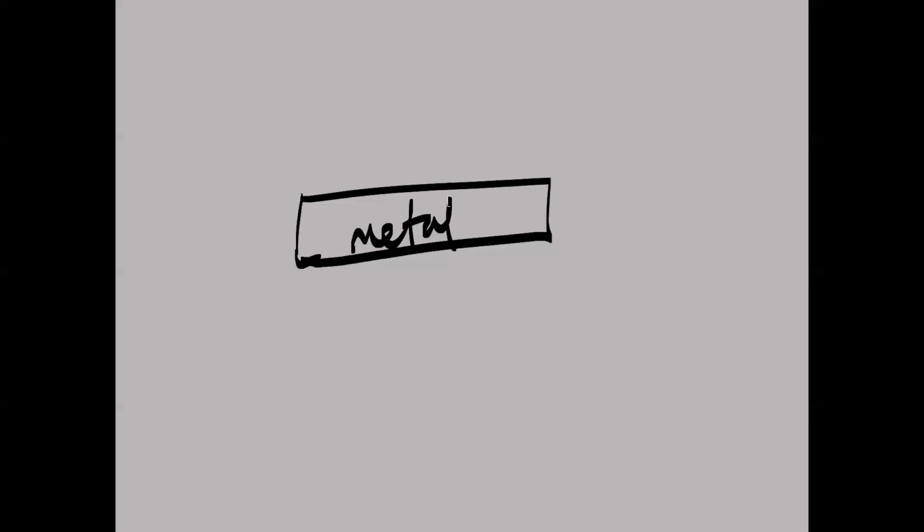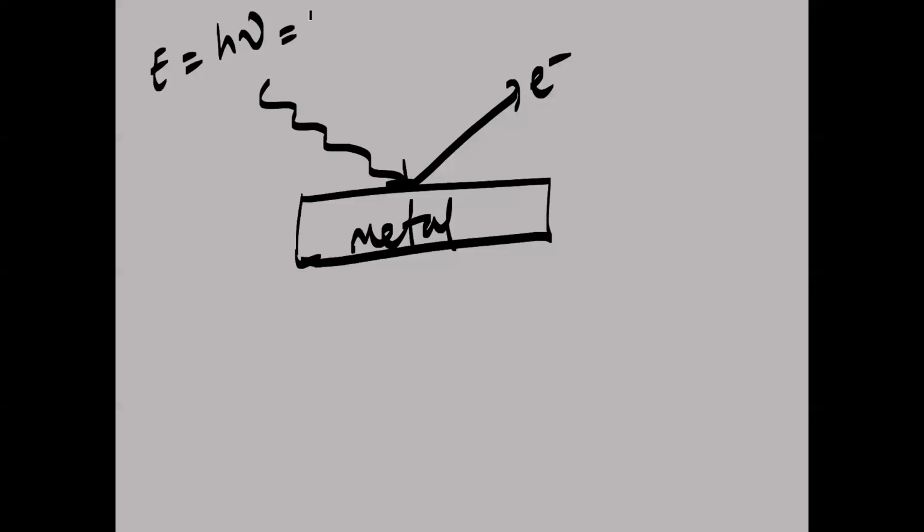So now the condition to be understood is that some radiation is falling on this metal surface, and then some photoelectrons come out. These photoelectrons have some kinetic energy. The energy of this radiation we have taken as h nu, or hc by lambda. This energy is converted into what? Some of it is utilized to eject the electrons from the metal, and some of the energy of the incident radiation is converted into kinetic energy.